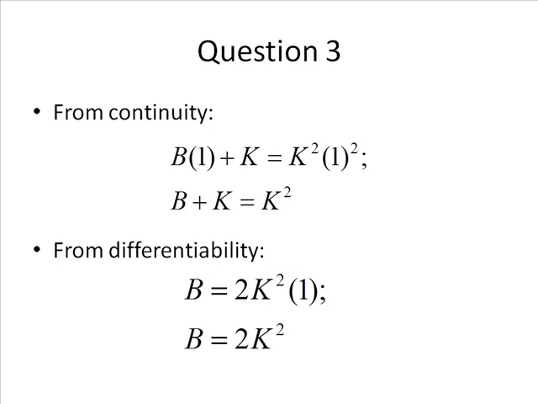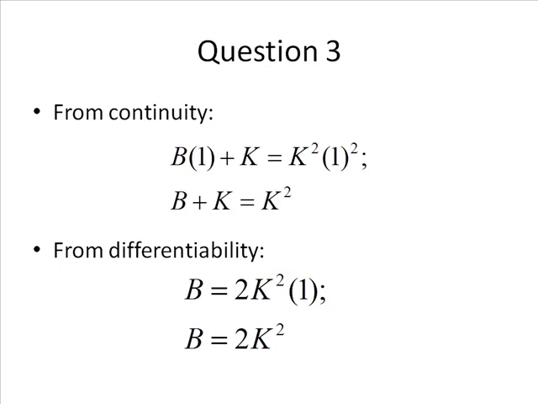From our differentiability, we know that the derivative of our linear equation is just the slope of the line, so just b. And for our regular parabola, coefficient times x squared, we know that its derivative is 2 times that coefficient times x. So for our right side, we have k squared as our coefficient, multiply that by 2, multiply that by x, but again, x has to be 1 in this case. So just plugging 1 in for x,